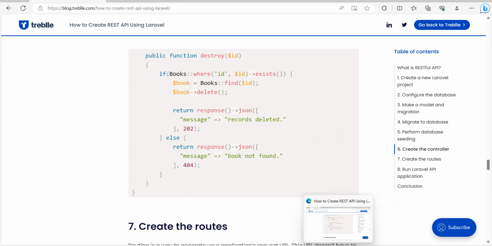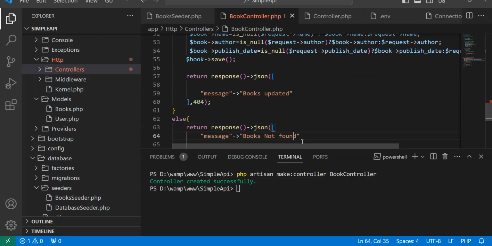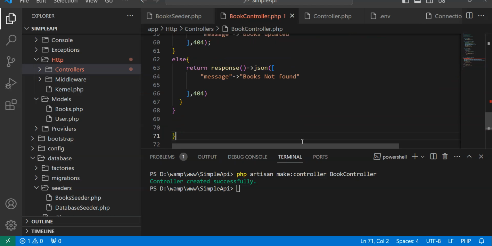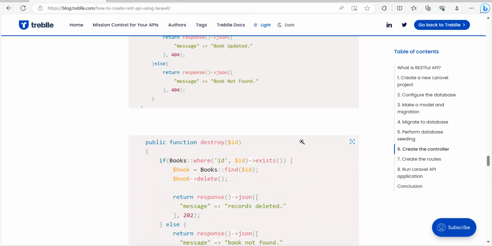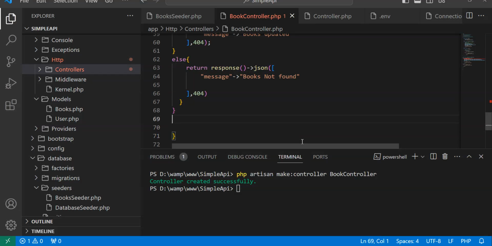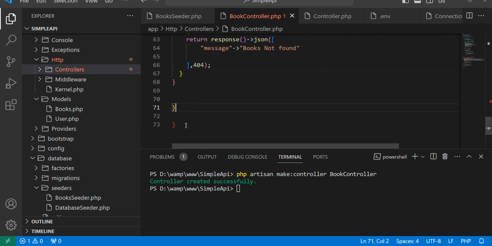In the same way we can write the delete method, which is called the destroy method here in Laravel, and likewise we can manage the things. So we can close this curly brace here, which is missing beside it, and the same code we can use for our